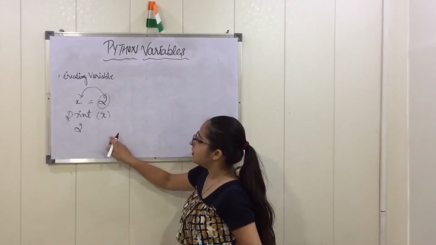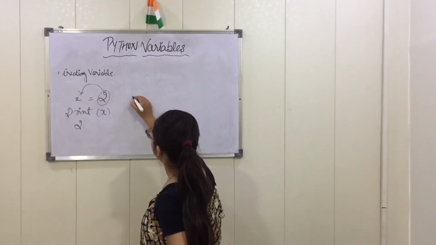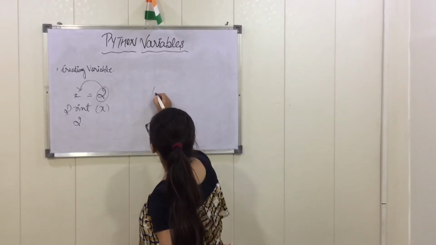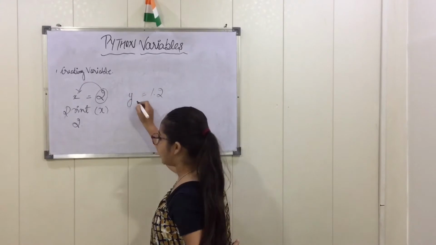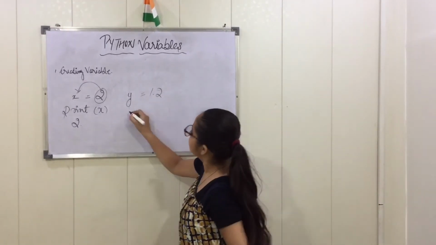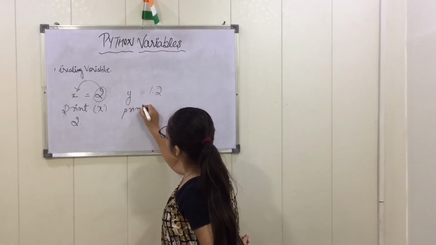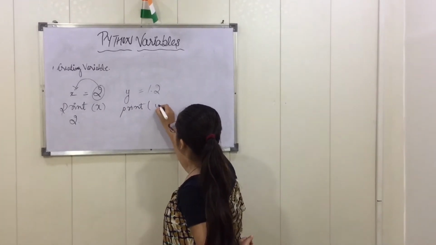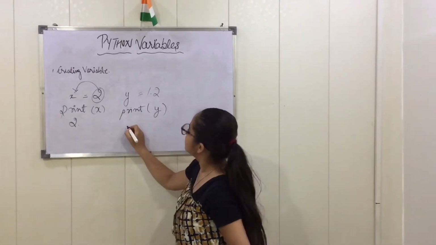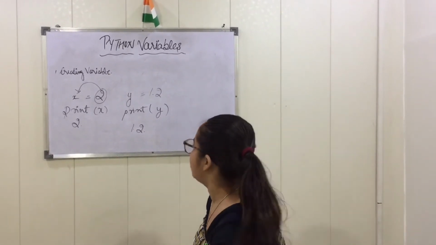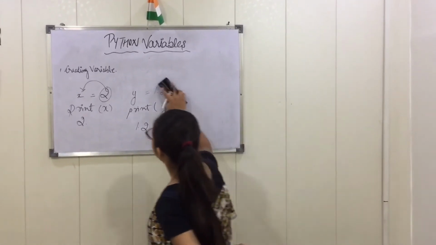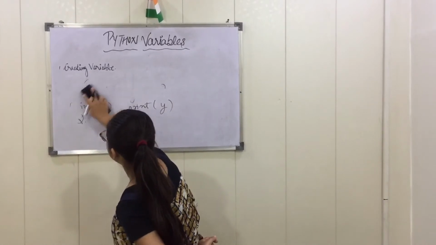In this way we can use another example. Suppose I am taking 1.2, putting this into a variable. Suppose my variable name is y and I am printing this. Suppose I use the print function, and then I want to print the value of y. So the output will be 1.2. Another example of the variable is